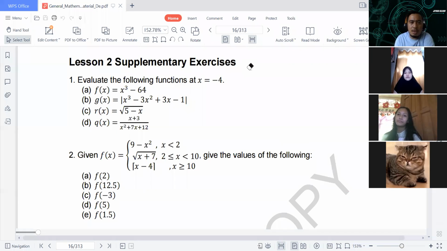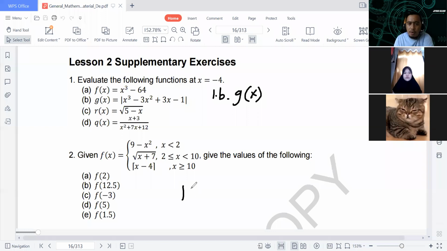Let us have number 1B. In the number 1B, your function is g of x. G of x is given by, if you see this notation, it means that is absolute value. The absolute value of 5 is 5. The absolute value of -5 is also +5, because